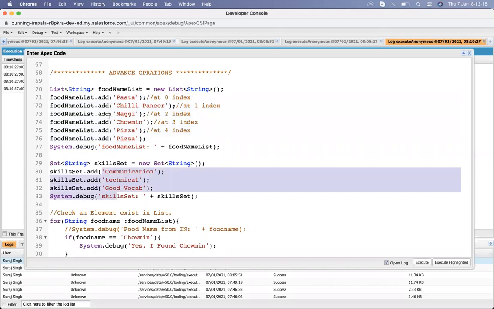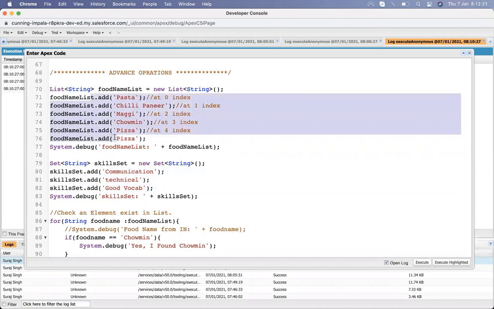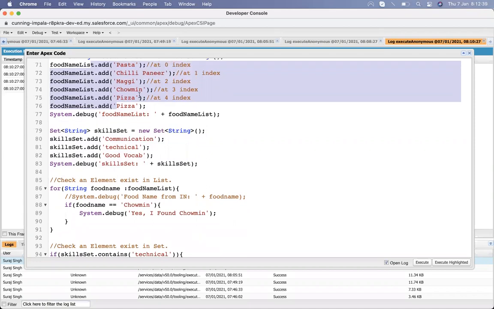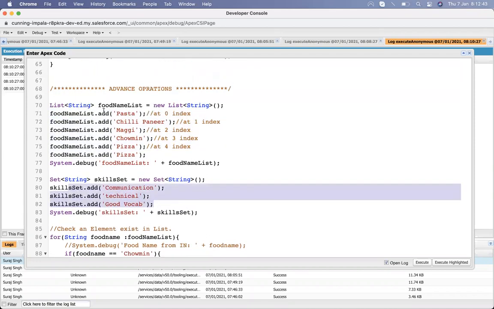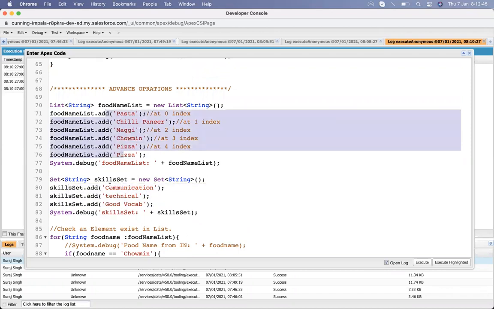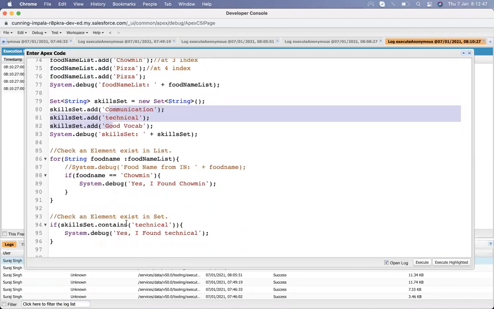Sometimes you get a requirement that you need to convert a list into a set, or a set to a list.